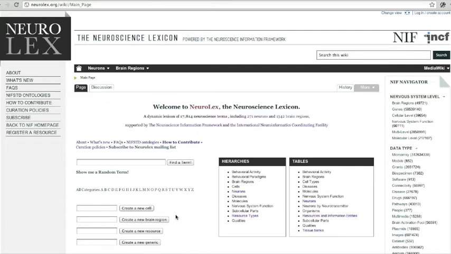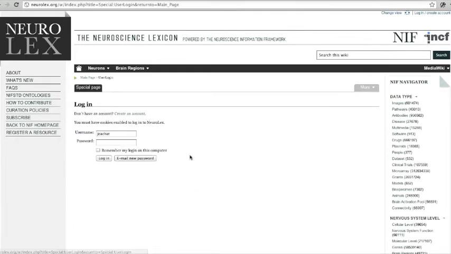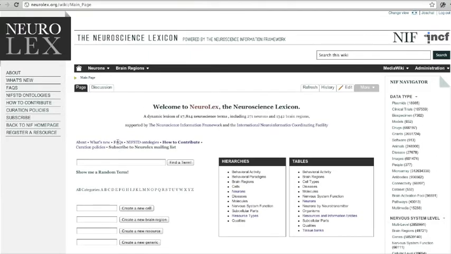So you have a neuroscience resource and you want to register it with NeuroLex. The first thing you want to do is log in or create an account. This is up in the top right, and I already have an account, but if you don't, you can click Create Account here and simply put in a username, a password, and an email address, and an account will be created for you. There are a number of advantages to creating an account, but most importantly, it will allow you to watch the page,